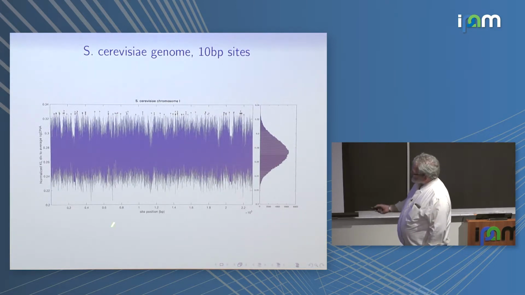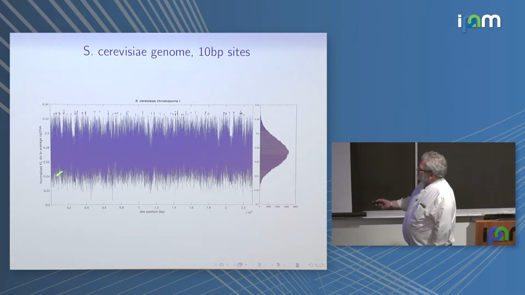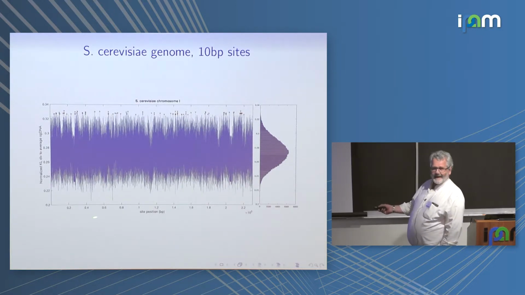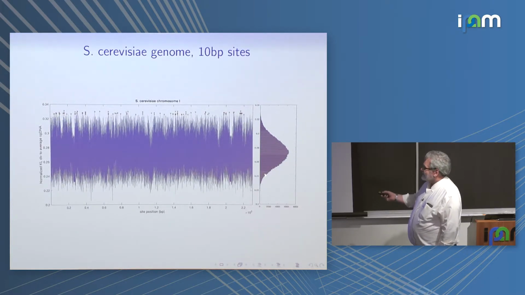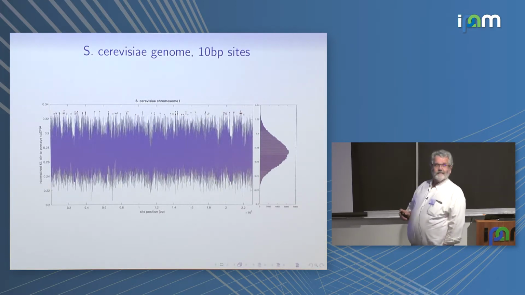One interesting thing is it never gets to 0. So there is no single point that's close to the average DNA. I mean, the minimum is 0.22, and then the height up here is 0.33. Right? So it looks like a time series, but it's not. It's a location series.